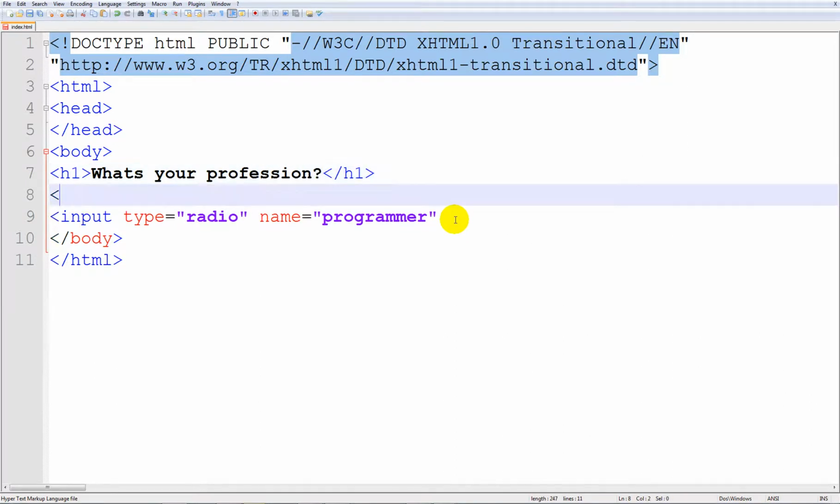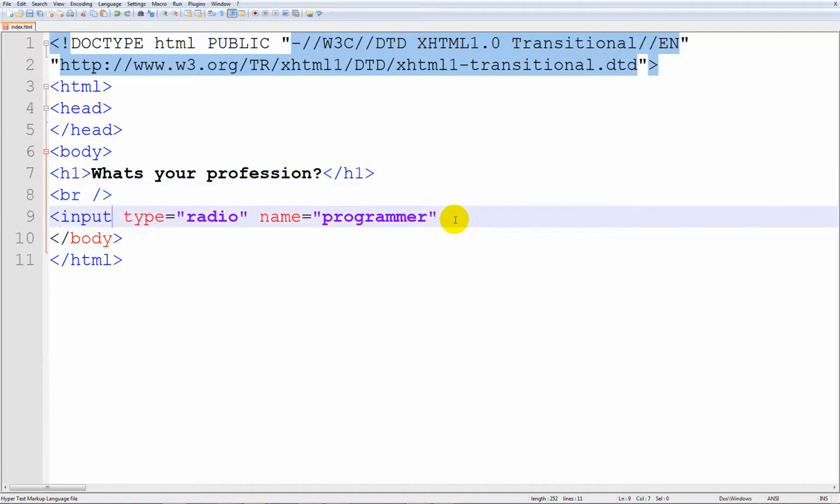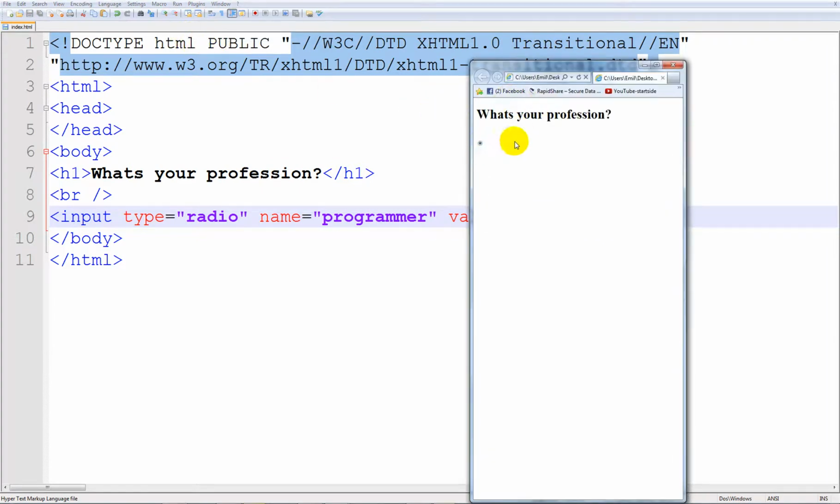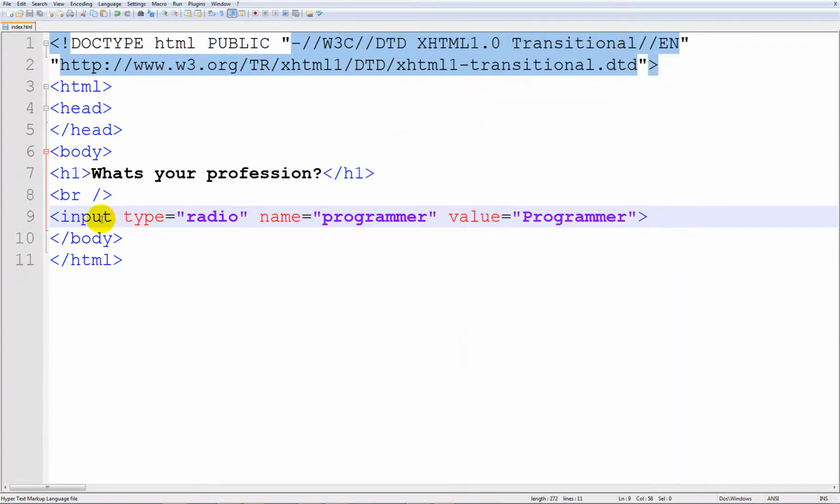Alright, so we should add a line break here. So the name is equal to programmer, and the value should be programmer probably. Alright, so we made an input type. Well, we can just go ahead and look at how it looks. So as you can see, we have a button where there's nothing beside it. So we should probably go ahead